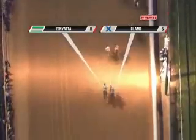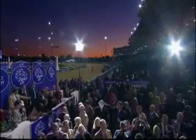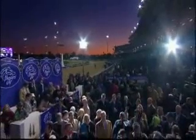That was the finish, the thrilling, heart-stopping photo finish for the Classic. Let's go to the winner's circle and the presentation of the Breeders'